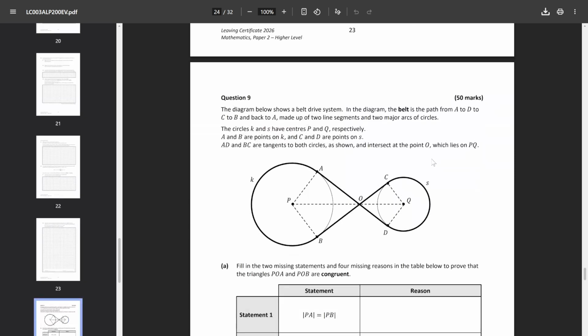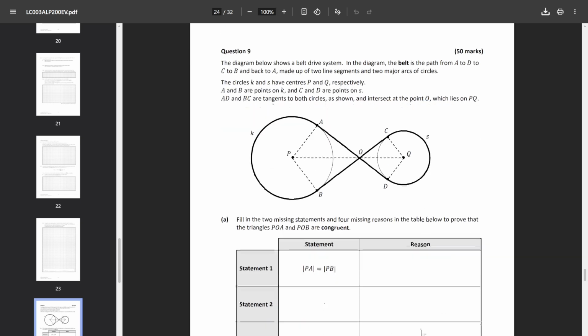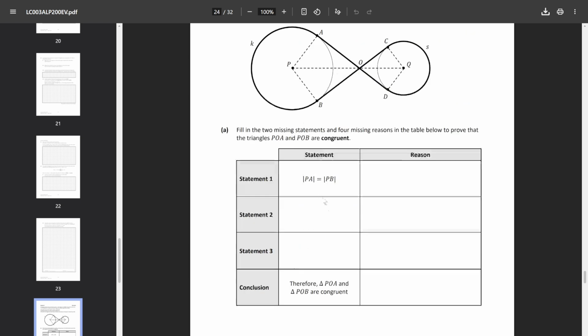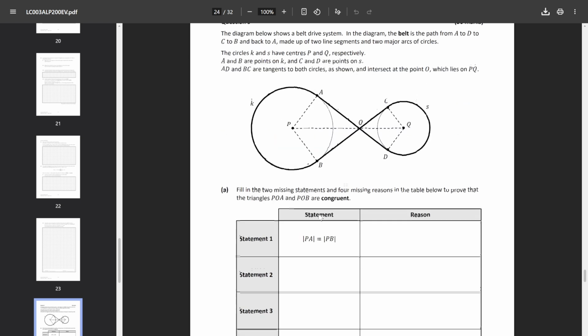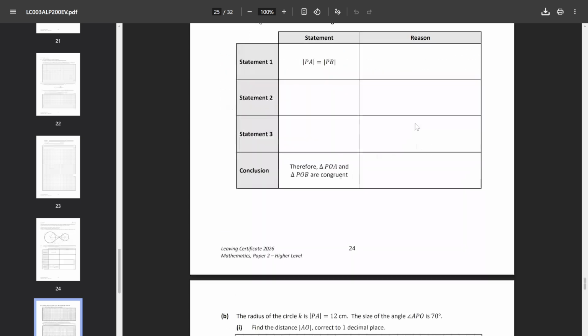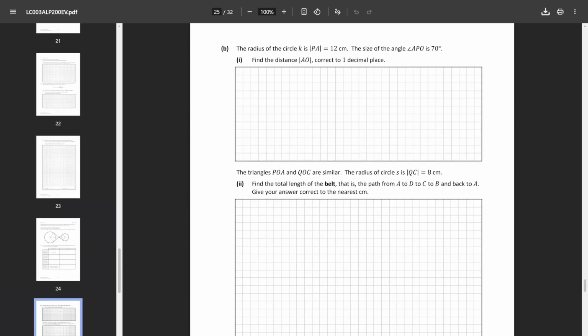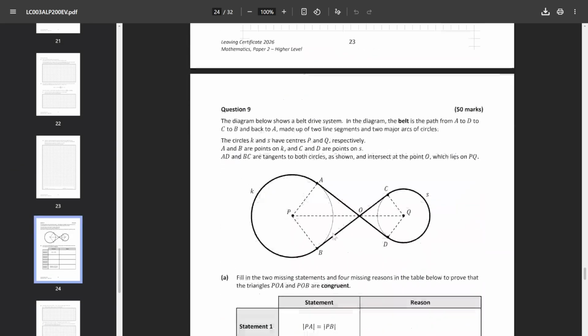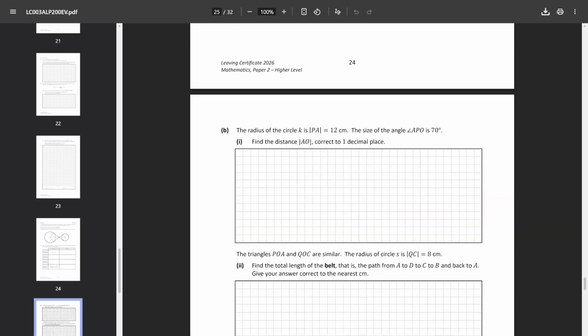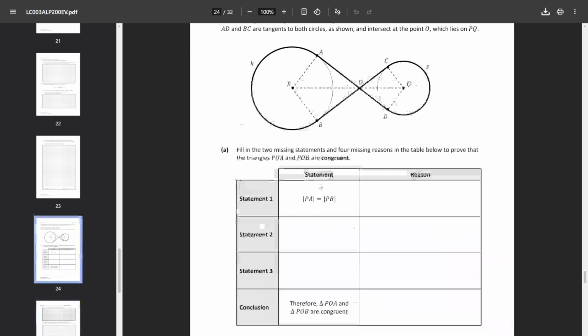Okay, question 9. Again, with some congruence and sort of looking at different triangles, though this one wasn't actually too bad. You just need to find 3 things that are exactly the same between the top triangle and the bottom triangle, which are pretty easy to work out. Yep, and then some pretty okay Pythagoras, or SOHCAHTOA even, just for the fact that the line AD is tangent to both K and S as well as B and C. They're both tangents. So you can work with right angle triangles here, and then using similar triangles,